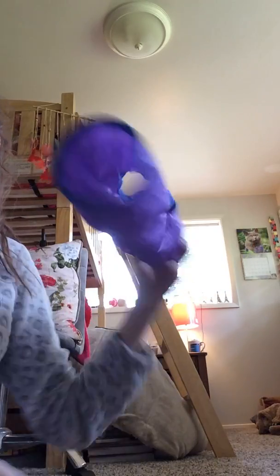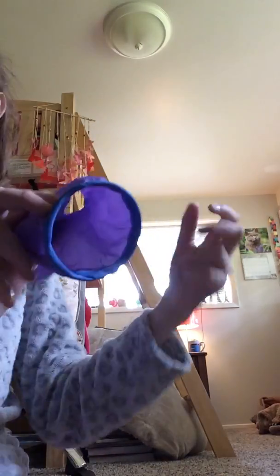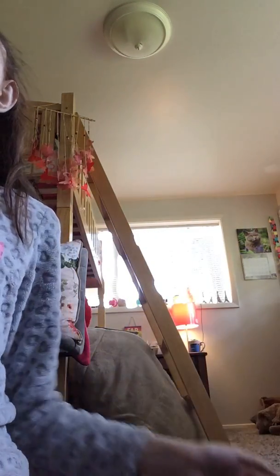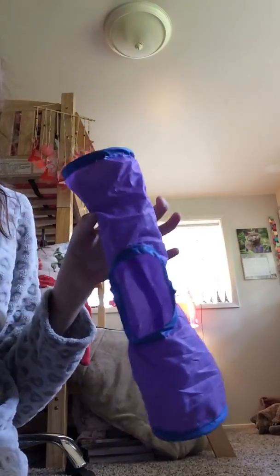The openings are pretty good. But for a Syrian, I'm not entirely sure because of the opening, and I know Syrians do get super big. I'm not super experienced with Syrians because I don't actually have one. I have a dwarf right now, but I do know that a dwarf can fit through this. Maybe when Syrians are smaller they can fit, but I know Syrians grow and might become too big for this. But I'm not entirely sure. This I got from Hamster Mill,